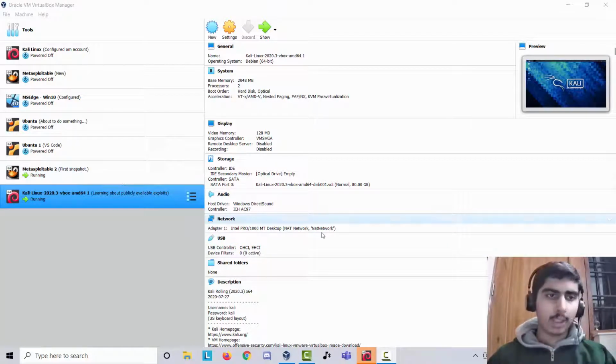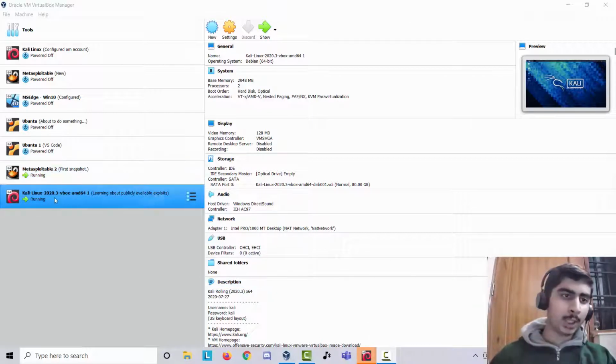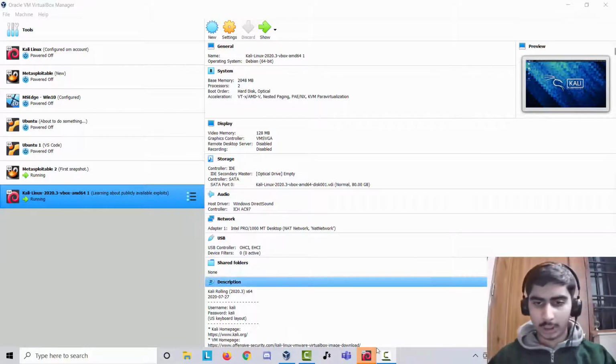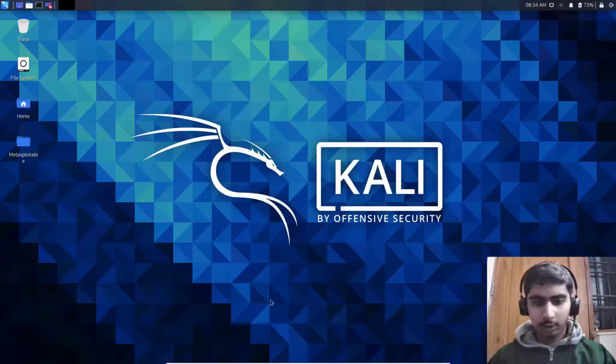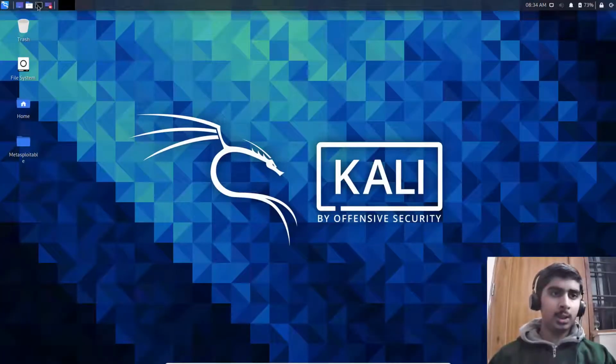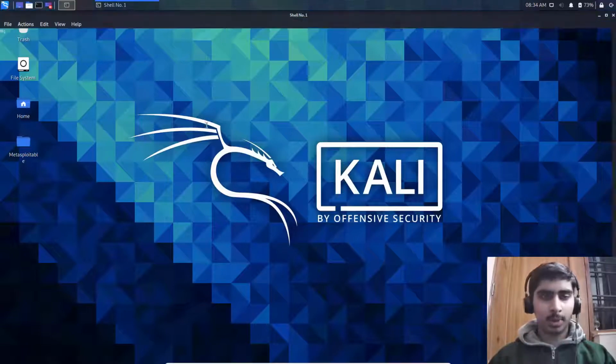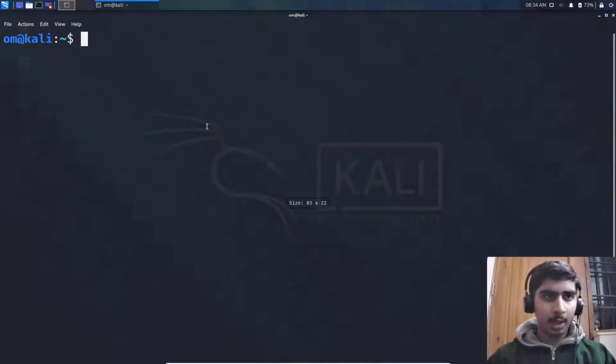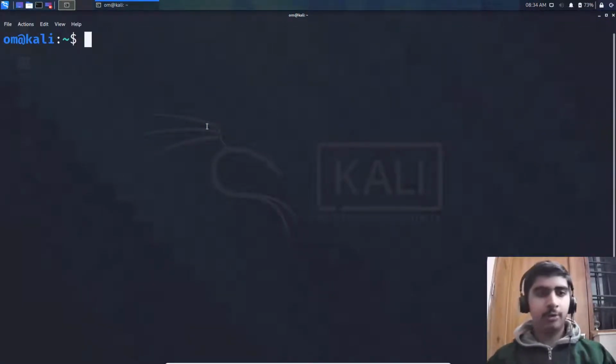So I've got Kali Linux and Metasploitable running. Both are connected to the same NAT network, and I've taken a snapshot for Kali Linux. I'm logged in to both of these machines. So I'm just going to open up the terminal and we are going to be continuing from where we left off